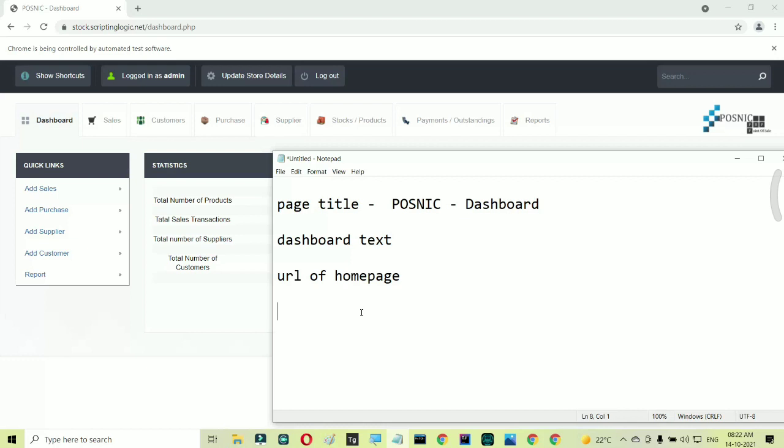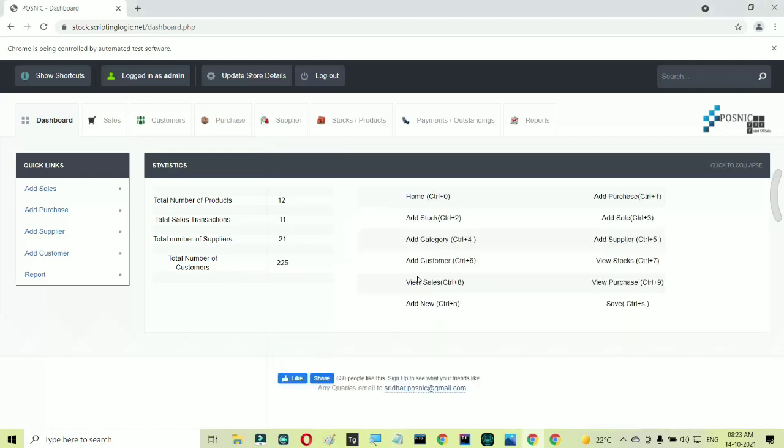Yes, I've done. So in Selenium, we have one option, or options in the sense we have a provision called assertion. Using assertion, we can very easily compare the actual and expected results. So we will take the first case, and we will consider this page title as the expected result.